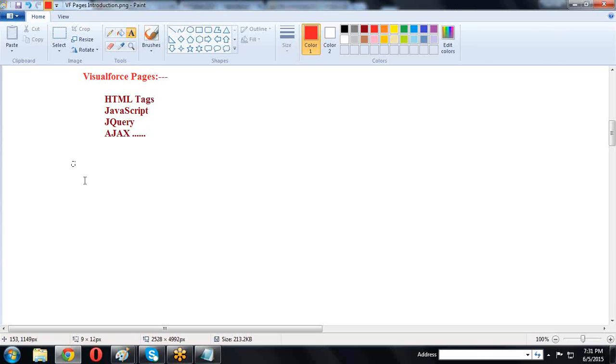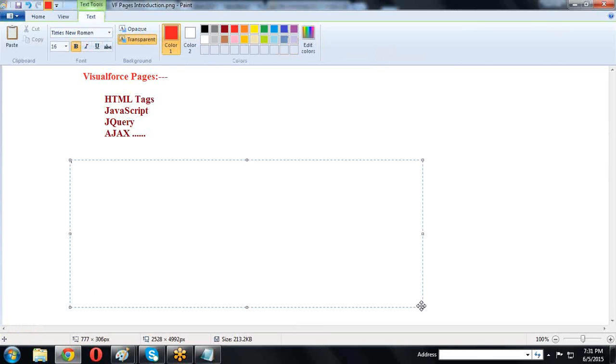We can create Visualforce pages in different ways. First one is standard navigation.